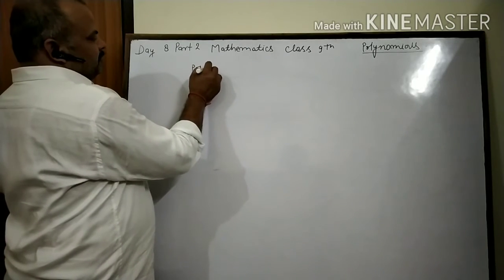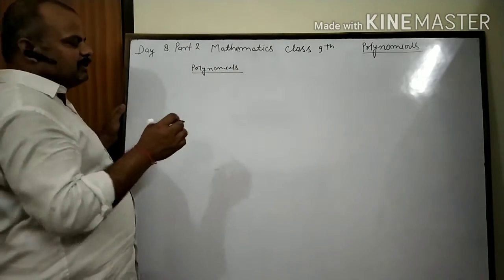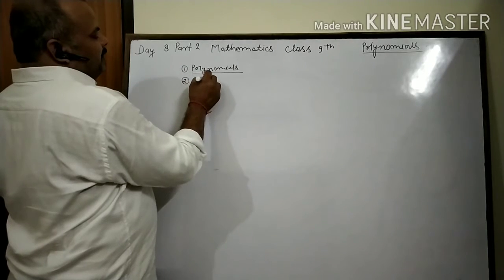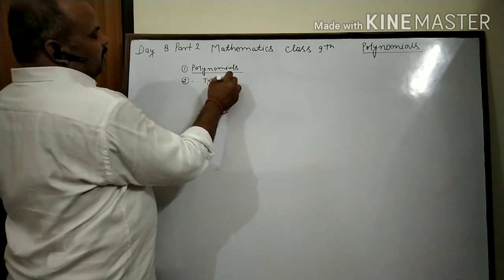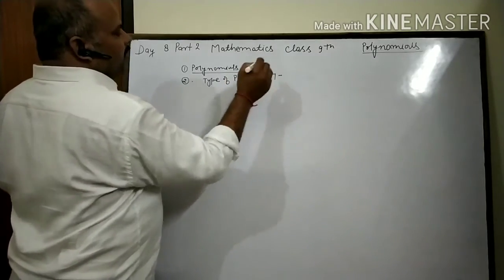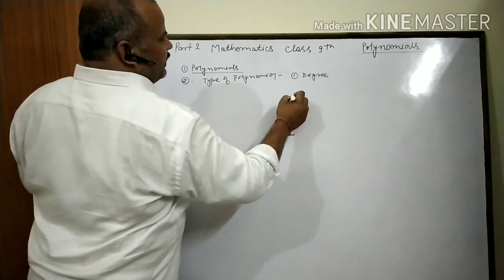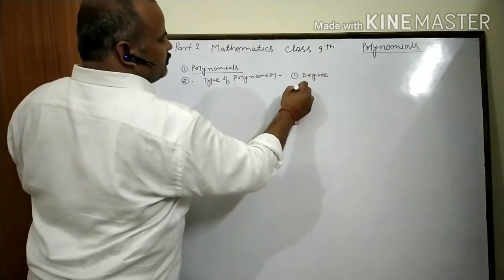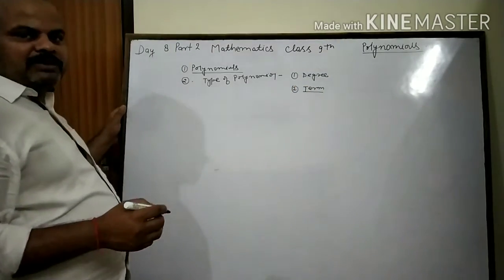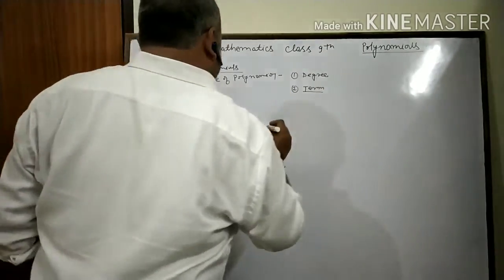polynomial, which type of algebraic expression is the polynomial. Thereafter, type of polynomial according to degree and according to term. You know that term are signify only plus or minus sign. Clear? Then according to degree,